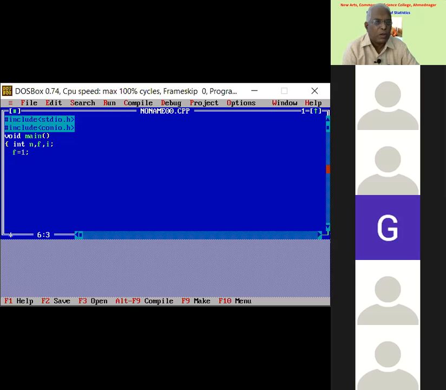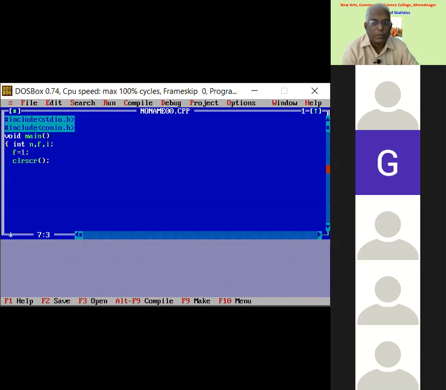Okay. Now let me give clrscr, clear screen. Okay, now I want to take the value of n from the monitor. So I will give the command. First, I will give the message: printf("\nEnter the value of n = ");